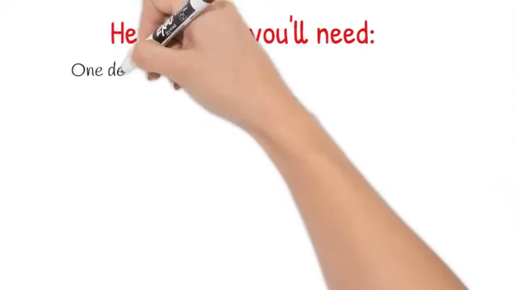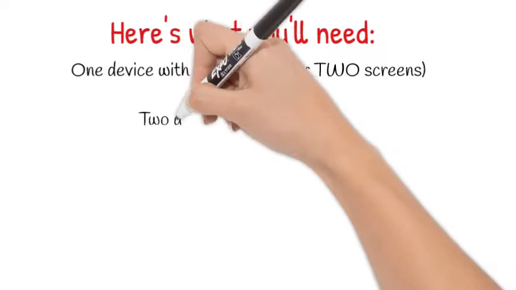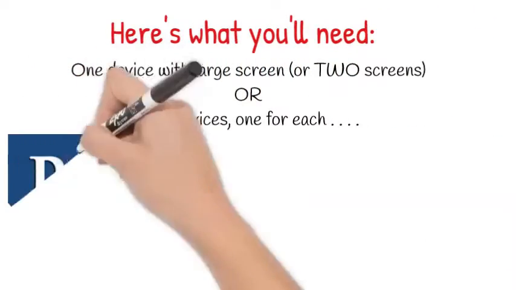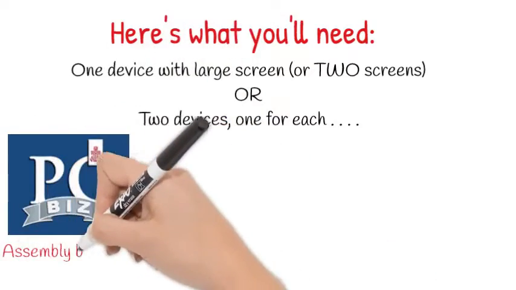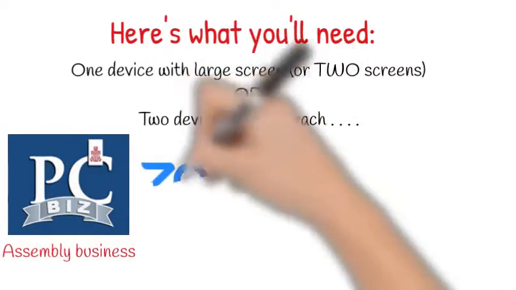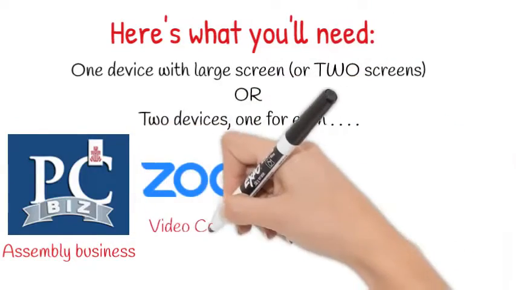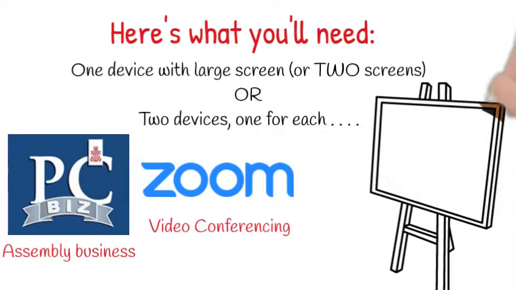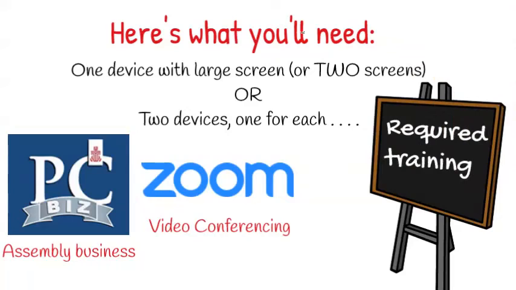You should have already received an email from Meeting Services staff about technology and required training. So this is a reminder that you'll need internet access and at least one device with a large screen, or even two screens. Don't forget there will be required training for all commissioners and corresponding members in June. We can show you how to get around PC Biz and get familiar with the business. But before we do that, let's talk about the PC U.S.A.